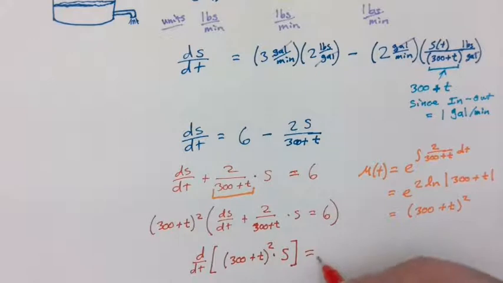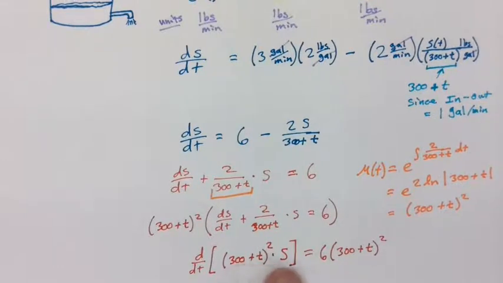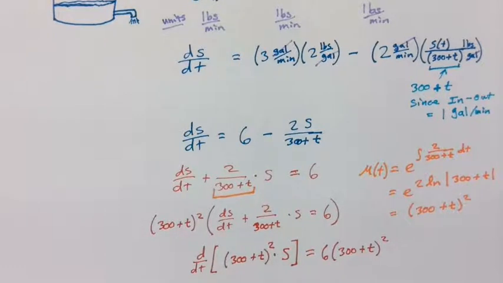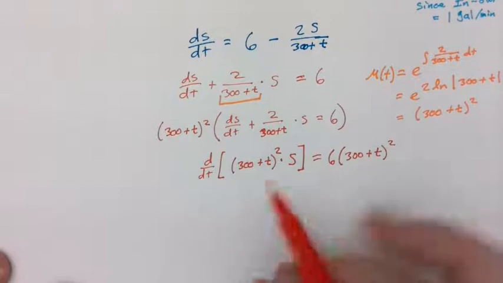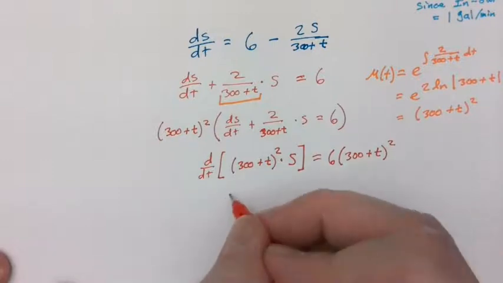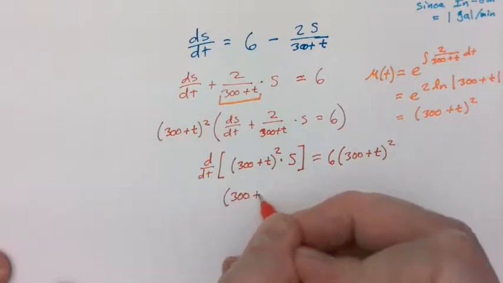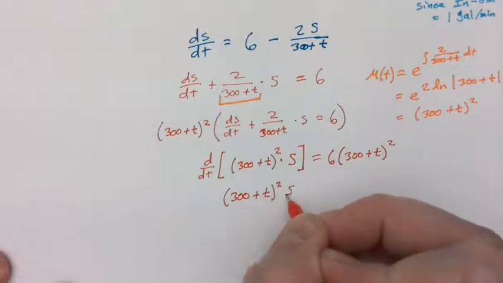The other side is just 6 times that same integrating factor, (300 plus t) squared. So if we do it right, the result of our integrating factor method is just our integrating factor times our dependent variable. That's what's left. And so if we integrate both sides with respect to t, on the left we're integrating the derivative, so it just falls away by itself, and we're left with (300 plus t) squared times s equals,